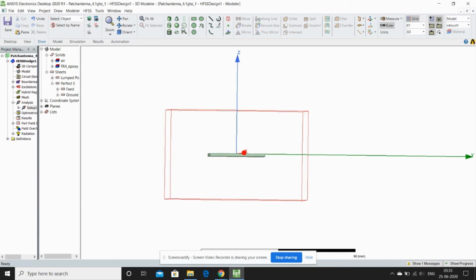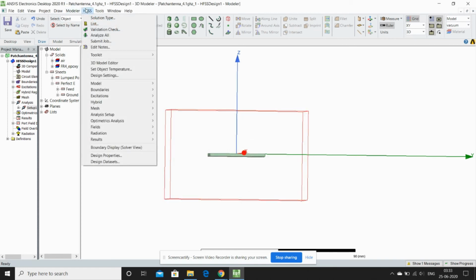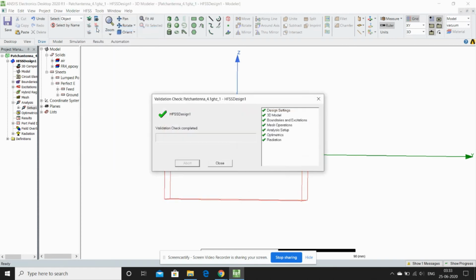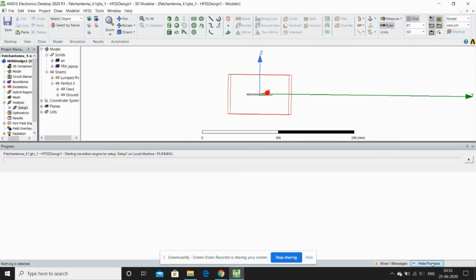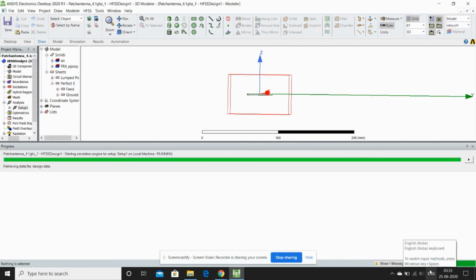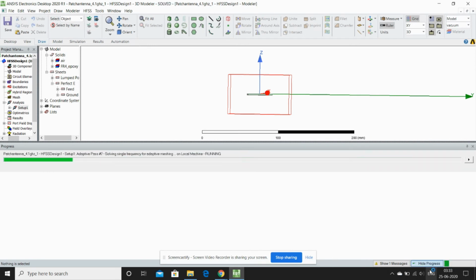Then click OK. Then go to HFSS, validation check, close, HFSS, analyze. Then my progress is underway. Okay, my progress is completed.